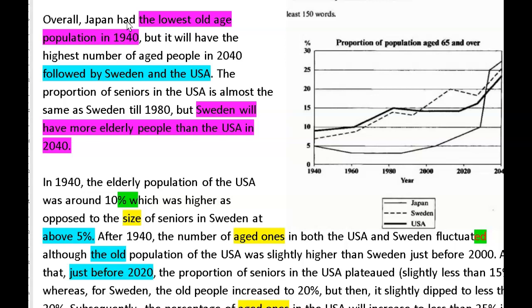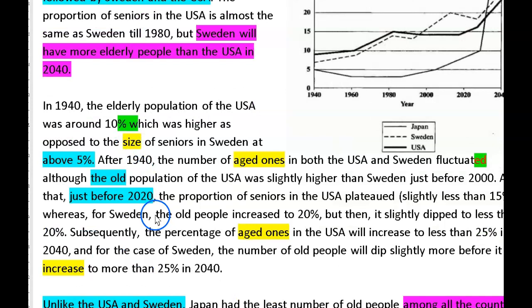Then, ideally, you want your body paragraphs to mirror the overview. And by that, I mean the first point that you make in your overview needs to be what you're going to put in more detail in the next paragraph. Okay? And then the second point you make should be the next body paragraph. But we have no idea what your overview is when reading this paragraph because it doesn't detail that. Instead, it's just an inaccurate description of what the data shows. All of it.